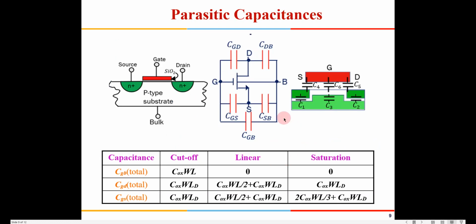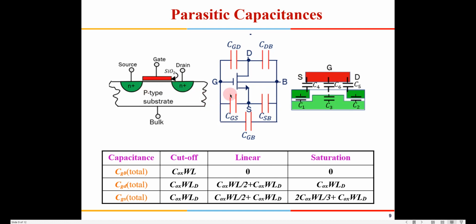Now, these MOSFETs are also associated with some parasitic capacitances. So we just have to understand where these capacitances come from. If you see here, this is a gate metal, and then there is an insulator, and then you have a P substrate. So between gate and bulk, there will be a capacitor. Similarly, when a channel is formed here, between gate and source you have an insulator, and then there is a channel, so it is like having a source here. So you will have all these CGD, CGS capacitances.